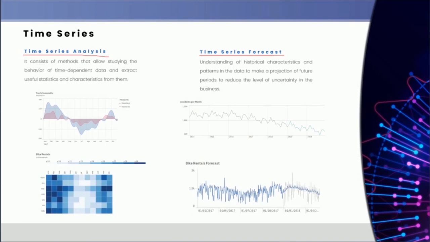When we do not know the future, it generates uncertainty. And to reduce this level of uncertainty, it is quite useful to generate possible scenarios for each of our indicators to know where we could be. With the level of uncertainty reduced, we can make better business decisions.